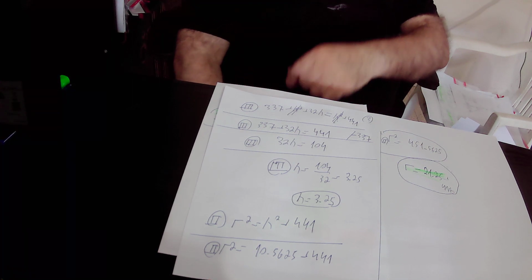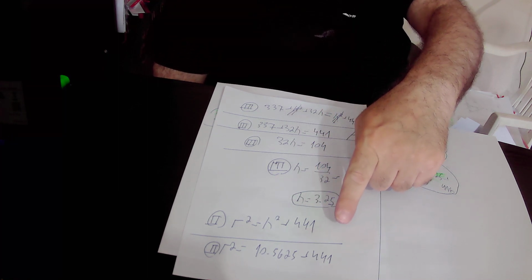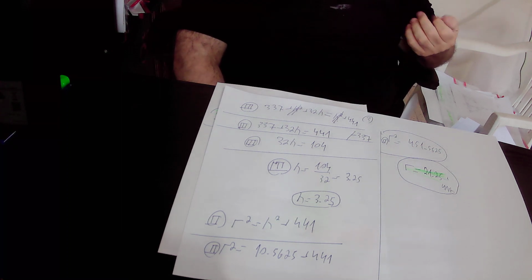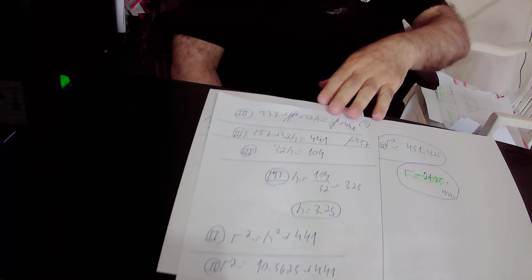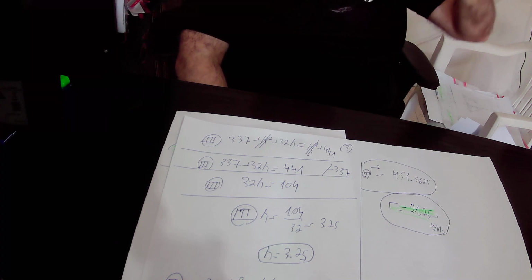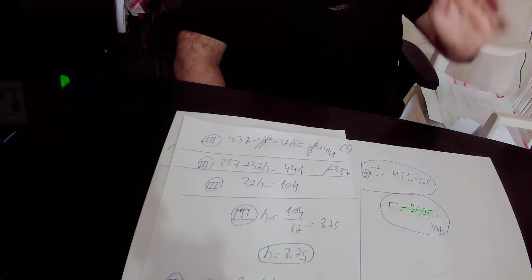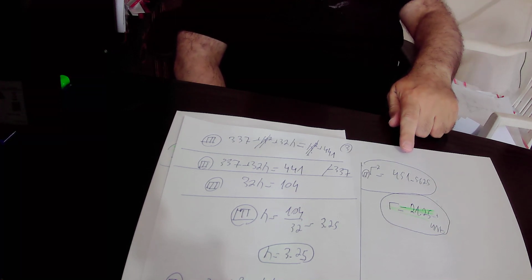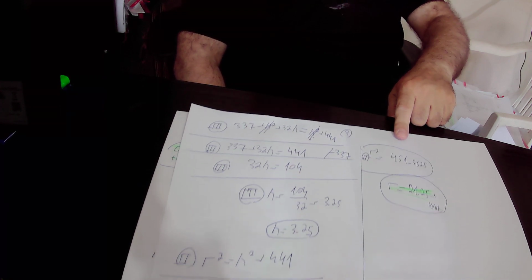So 10.5625 plus 441 must be equal to r squared according to equation number 2. 441 plus 10.5625 is 451.5625. So r squared equals 451.5625. We took the root of this equation, and found out that the radius that we are looking for of the quarter circle equals